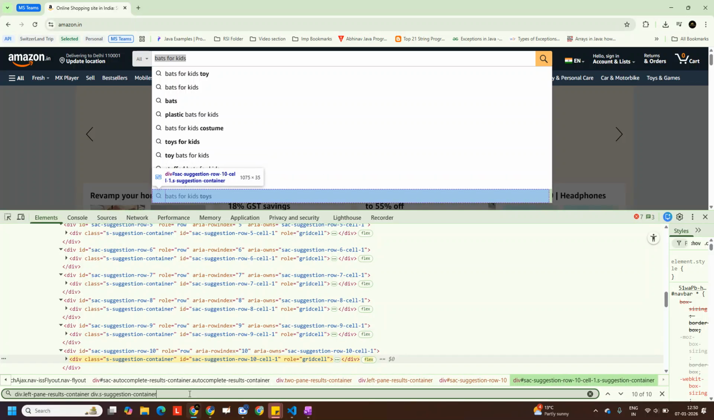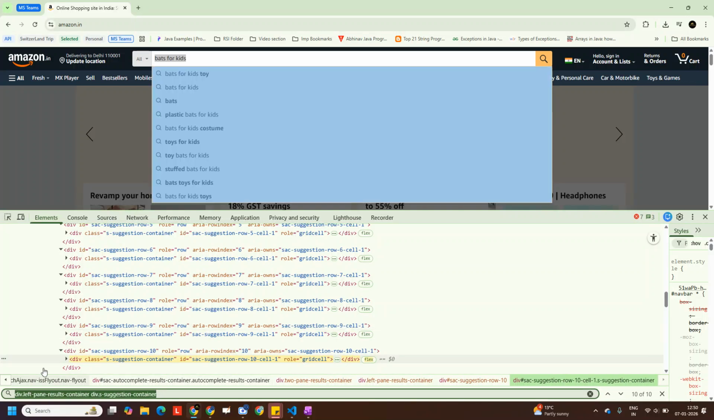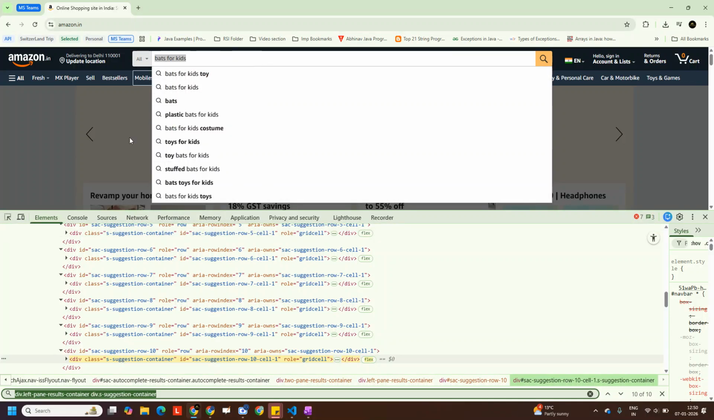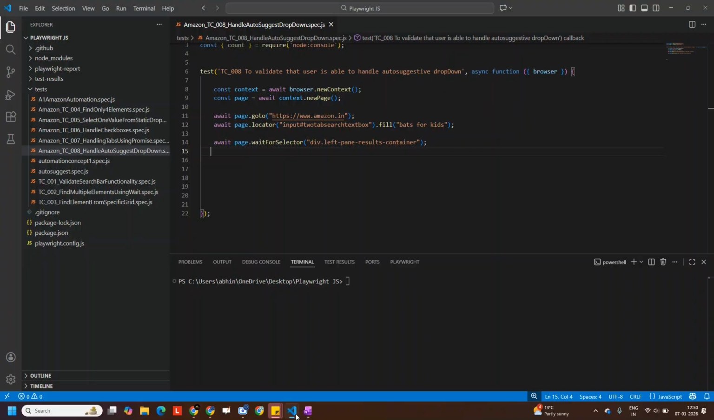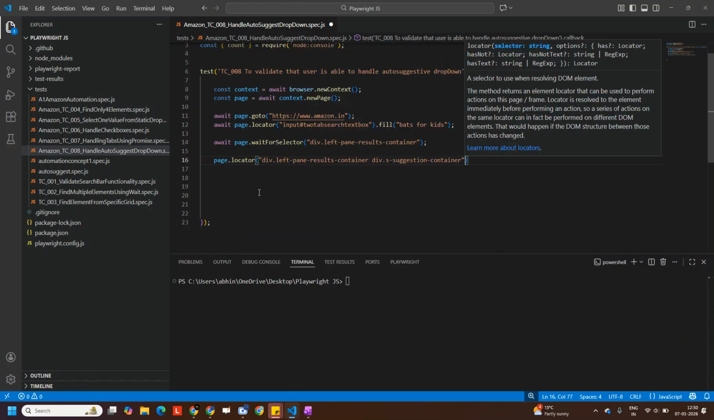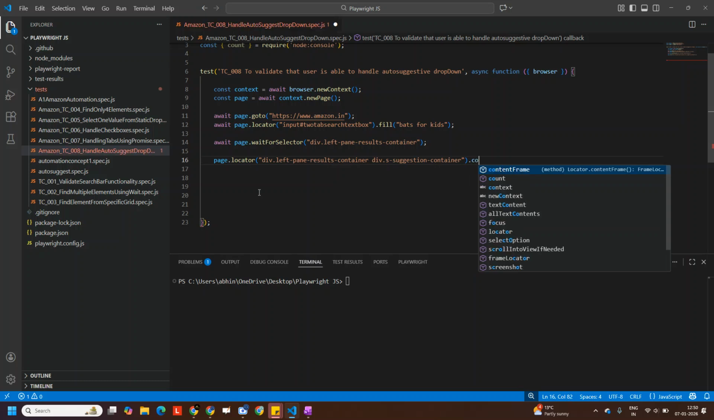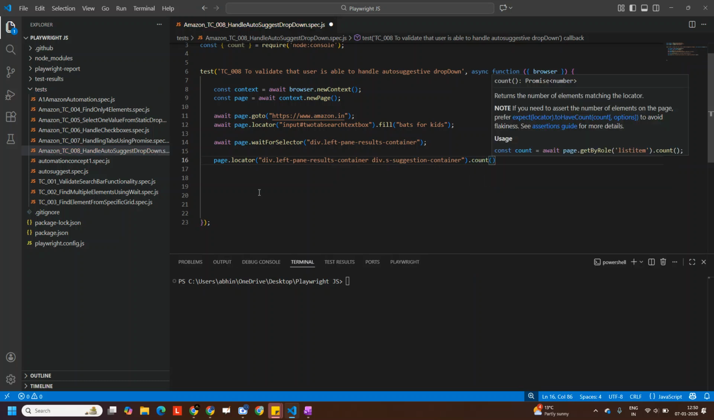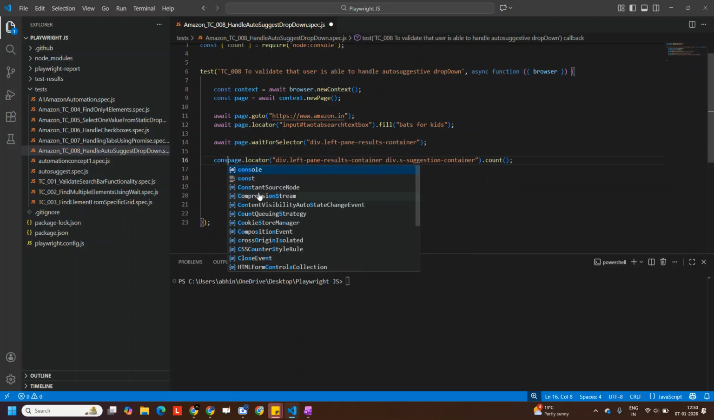So now what we are going to do, let's try to understand. So this is the locator, okay? How will the automation or your Playwright know whether 10 values are appearing? For that, you need to do one thing. So page dot locator, right? And you need to count it, like how many values are coming, and you just need to store it,